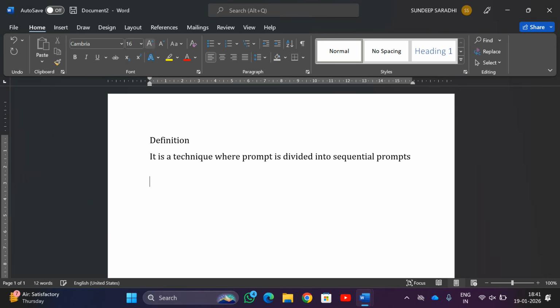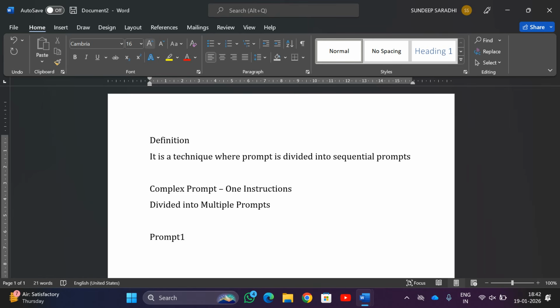So instead of giving one prompt, we are giving multiple prompts. Let us take a complex prompt, which is one instruction, and this will be divided into multiple prompts,